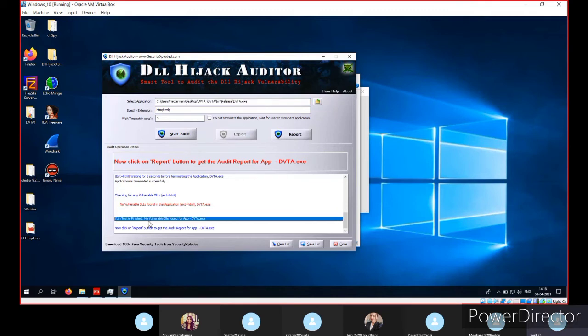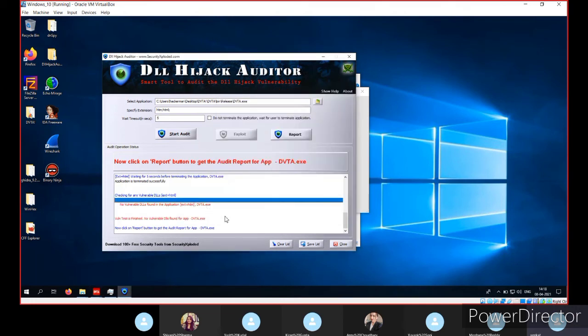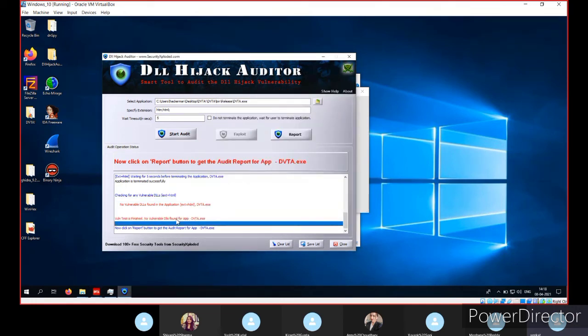Okay, so if the application contains some kind of malicious DLLs or DLLs that are vulnerable to DLL injection, it will report. So here you can see there are no DLLs found for this app. If that application has DLLs that are available or vulnerable to DLL hijacking, it will recognize them automatically. You can also try to do this process manually, but sometimes it is impossible because the DLL